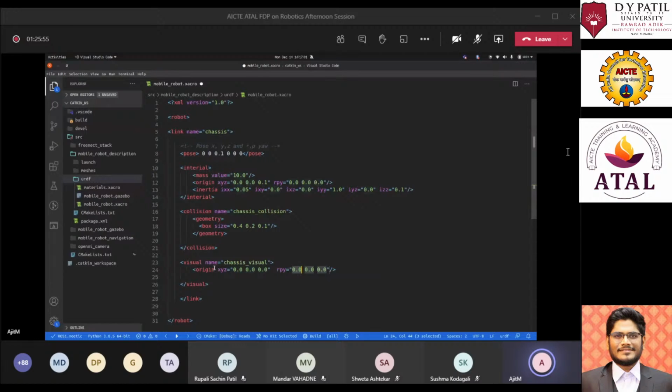If you give it as 0.1, whatever you have defined over here will be offset in terms of this, so whatever visual is getting defined will be 0.1 in the z direction. Similarly, once you define origin, we'll give it a geometry. That would be the box. This box is again 0.4, 0.2, 0.1, similar to what we have given for the collision.